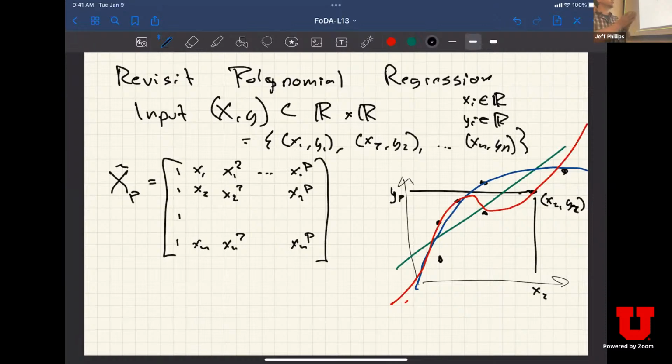So we've taken the data, the single scalar value, which is just the value on the x-axis here, and then we've created a higher dimensional representation of this. Essentially, we've created these polynomial powers of this data,